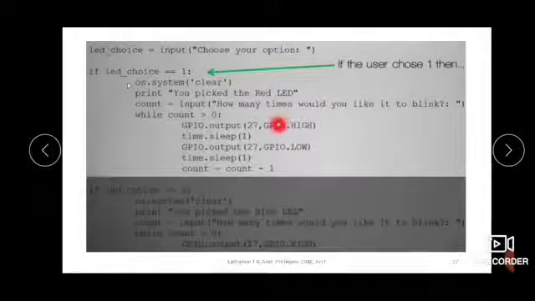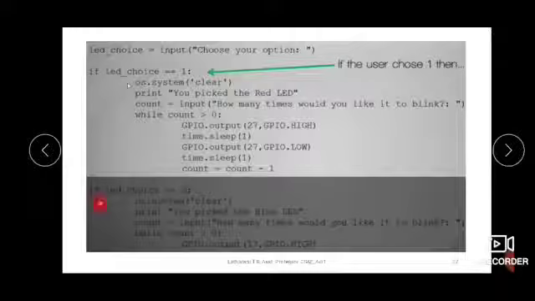Then one time it has blinked here and count is decremented by 1, and then again it will go back. With this indentation, you can see all these statements are coming under this while loop. So it will go back to this while loop, and now when 5 is decremented by 1, it will be 4. So 4 again satisfies the condition. Like that it will be blinking one more time. So it will be repeated for 5 times.